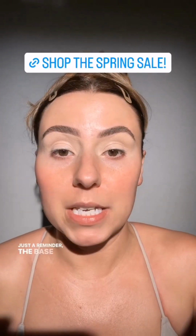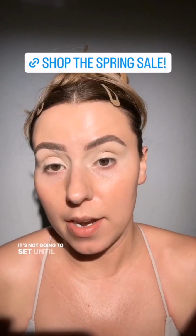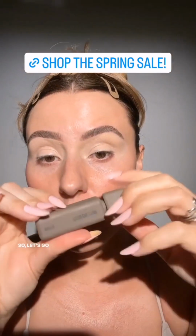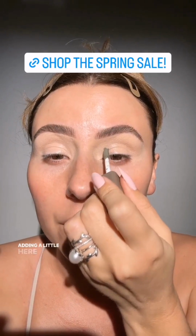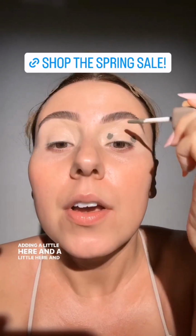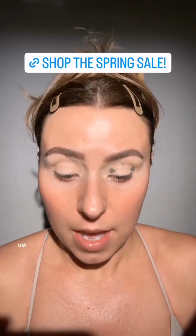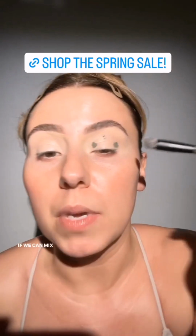Just a reminder, the base we have on now, clean canvas, is not going to dry. It's not going to set until we set it. It's a good reminder. So let's go back to our About Face shadow, and let's just try adding a little here and a little here and a little there. Yeah, I feel like that's going to be enough. It's going to connect. It's not gonna dry, but what we do wanna do is, let's see if we can mix it with our